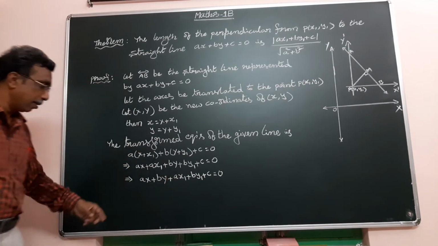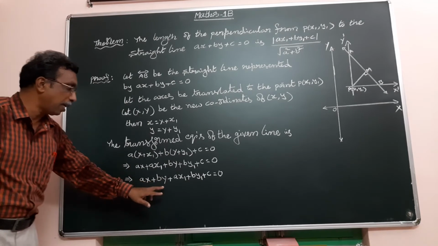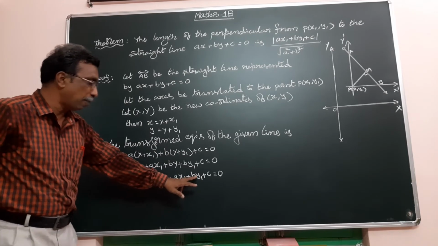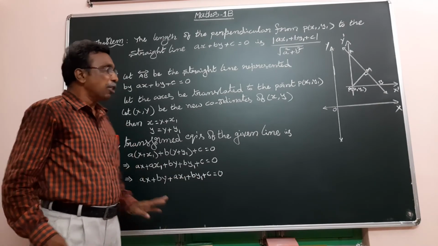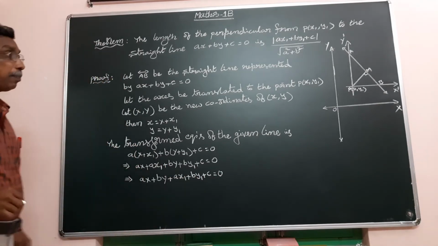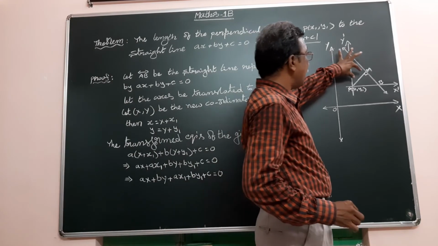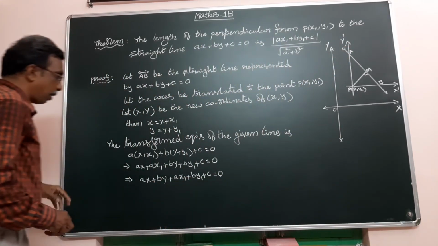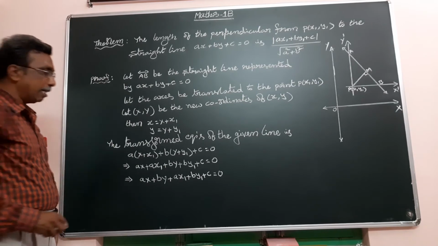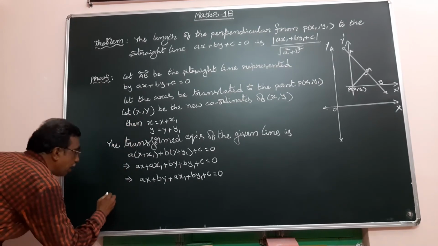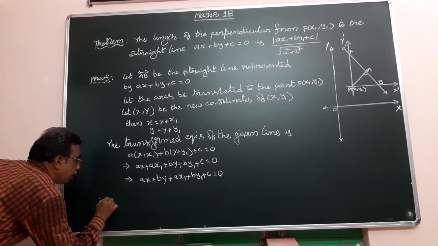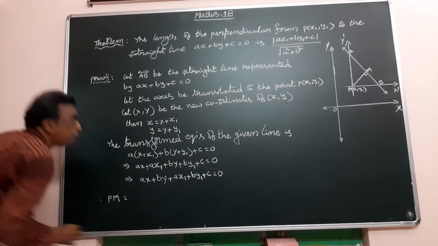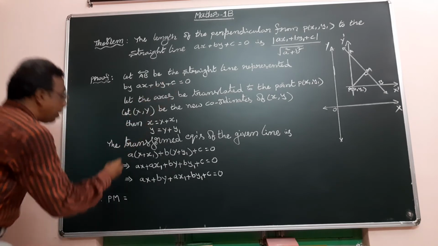The transformed equation is a capital X plus b capital Y plus a x1 plus b y1 plus c equal to 0. Now we find the perpendicular distance. Perpendicular distance is PM. PM equal to the perpendicular distance